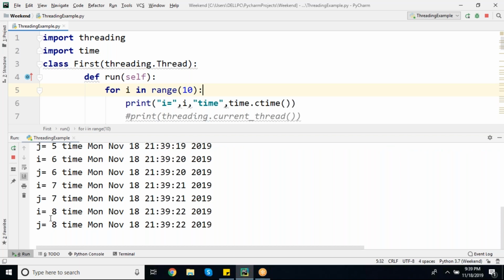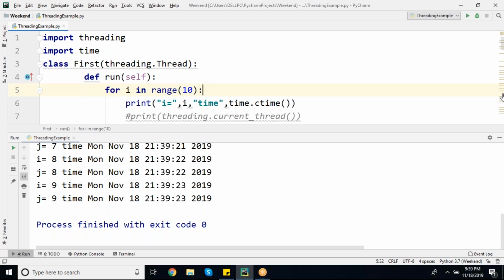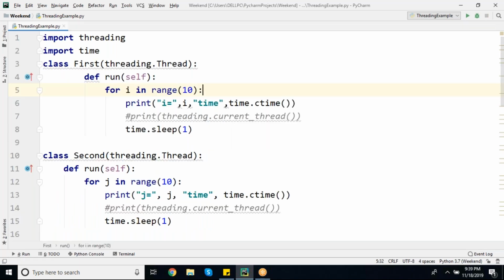When that is sleeping, this will wake up; when this is sleeping, that will wake up. With proper understanding, they are sharing the resource, like the producer-consumer problem. Got my point, right? In this case, the delay between the first thread and the second thread is proper.